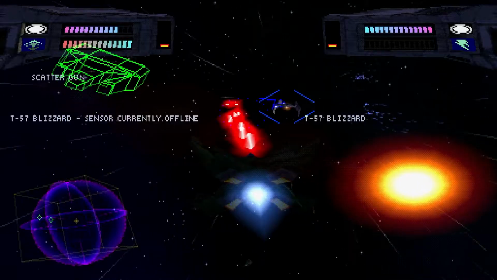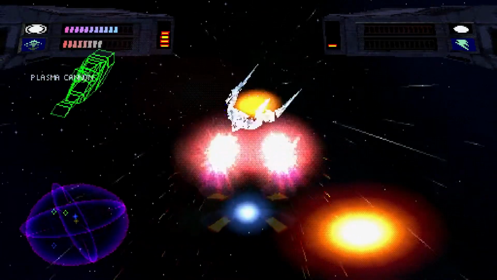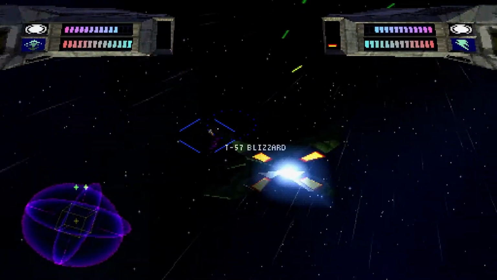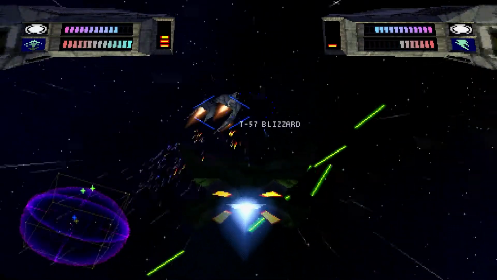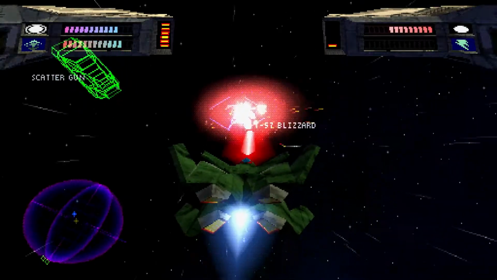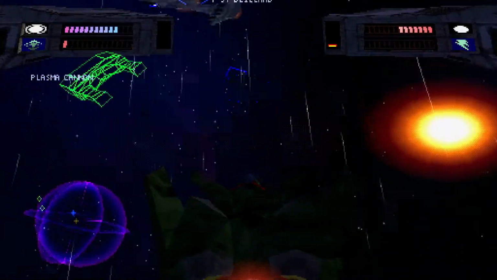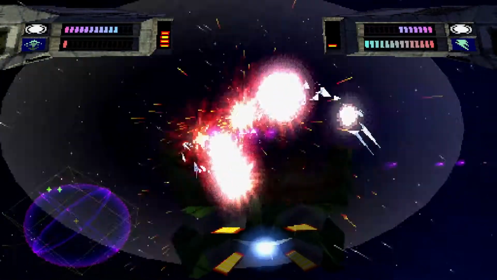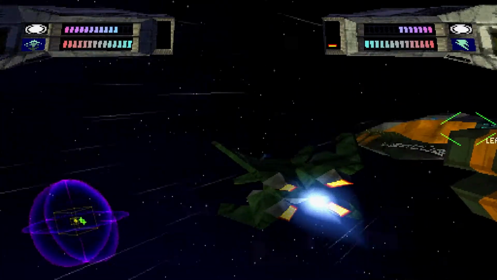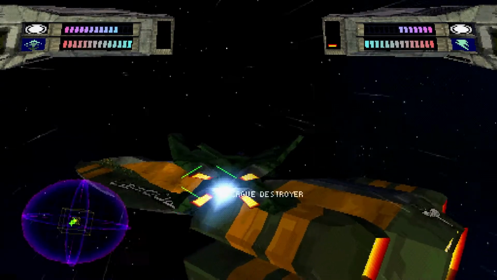Alright, so let's take these Blizzards out. Thankfully, they seem to be more likely to attack me and my wingman than the destroyer itself, which is nice. Alright, that's the last one, I believe. But we still have bigger fish to fry coming up, so...